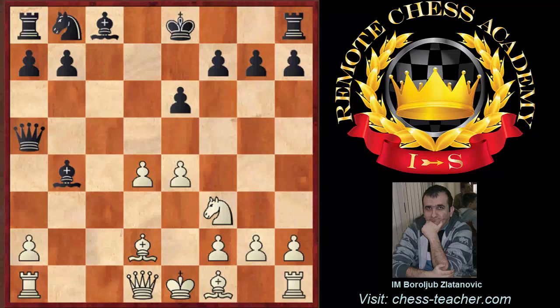Karl Schlechter was very well known as a very fine positional player, and he very rarely lost games in that period. Queen a5 happened, and what is the idea of that move? Simply activating the queen, intending to reduce material, which is very natural